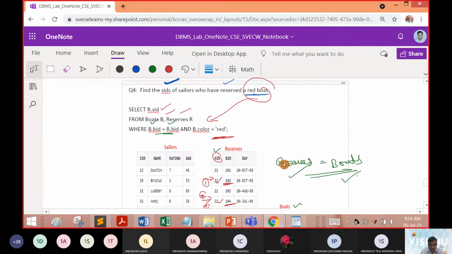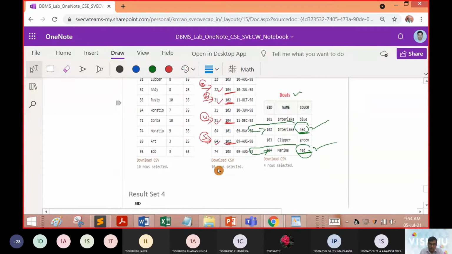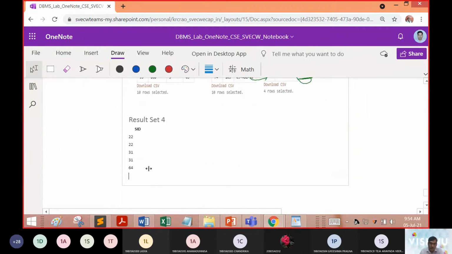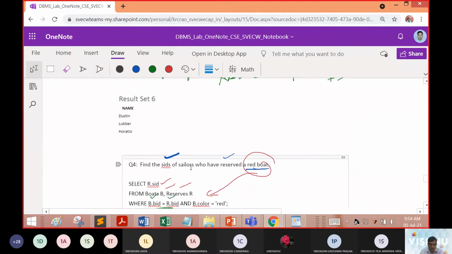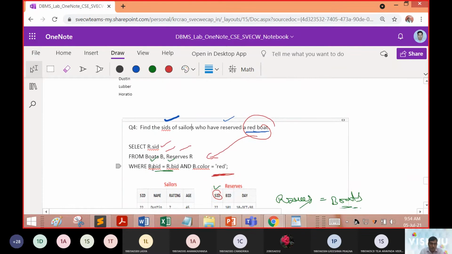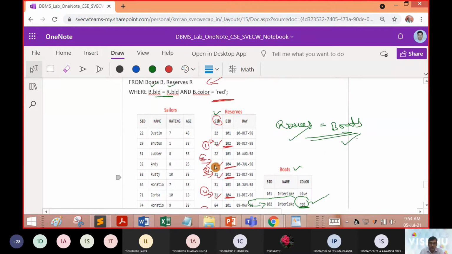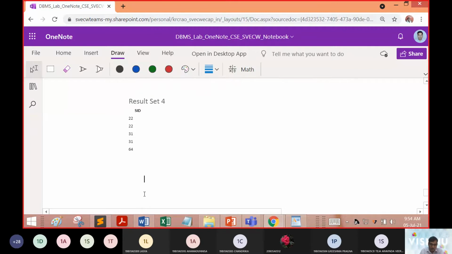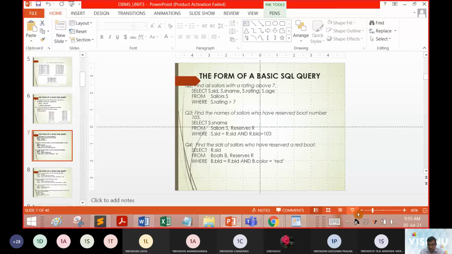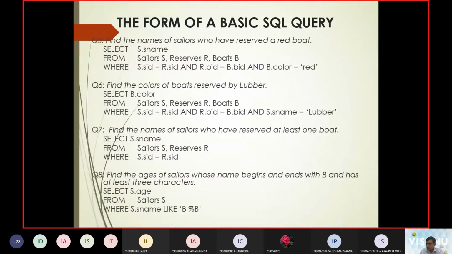So this will be a good exercise for you. First you are going to get the query question, then you are going to get the query, then you are going to assume what will be the output of that query, and thereby you generate the output from the live exercise. So this is the funda of doing a DBMS lab exercise. First you need to have a question, followed by the query, followed by analysis of the query, and thereby what will be the output. Okay, fine. So up to now we have completed one query. Now let us look into the next part, what the query is going to bring to us.